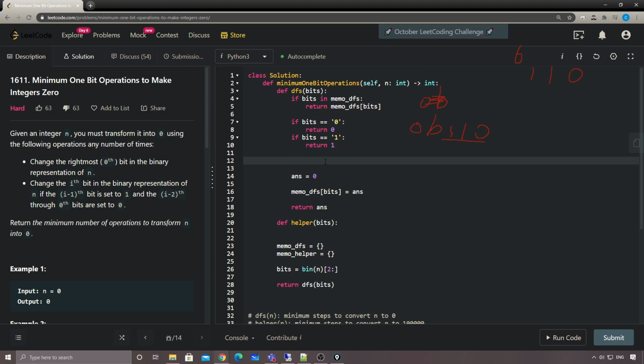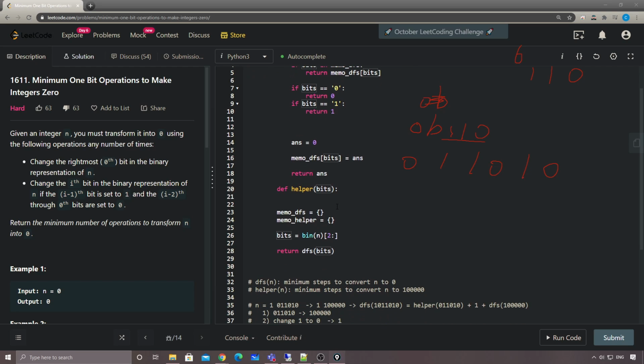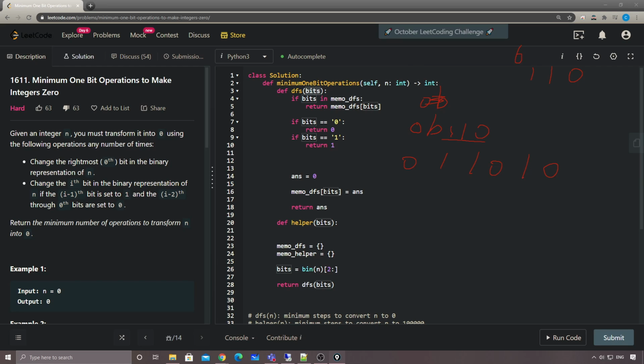there's a place we need to be careful because it could be possible that the bits string we pass in, the first one is not 0 because it could be 0 1 1 0 0 1. Because later on, when we do the recursions, even though the bits at the beginning will not have 0 as a prefix, during the calculations it's possible that the passed-in bits will start with 0 because we will be doing substrings later on, right? So